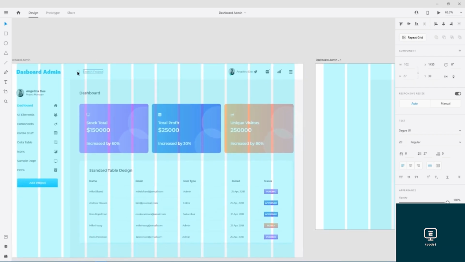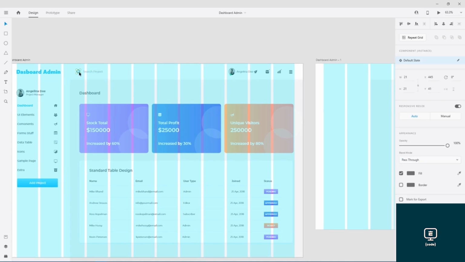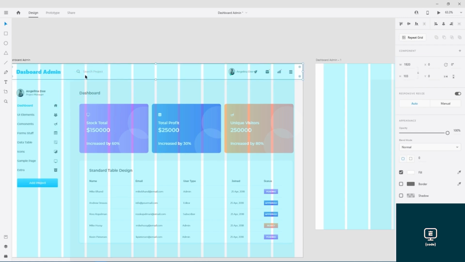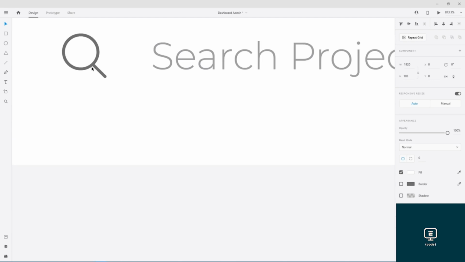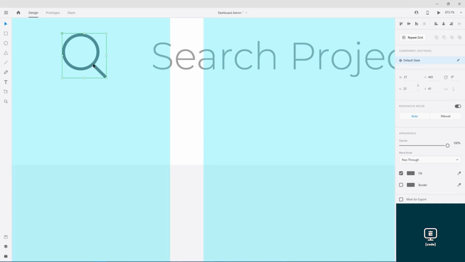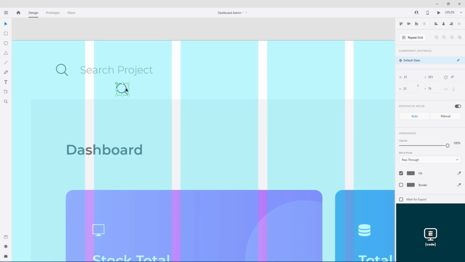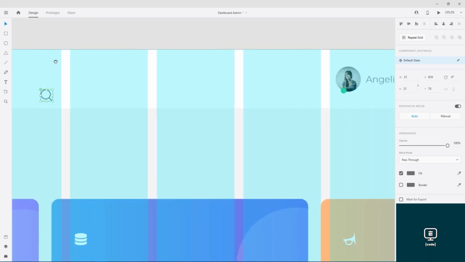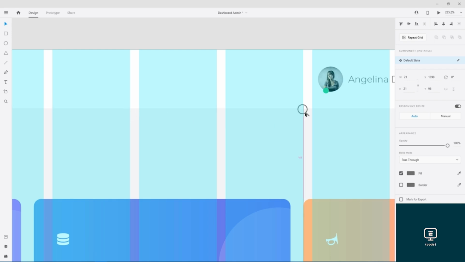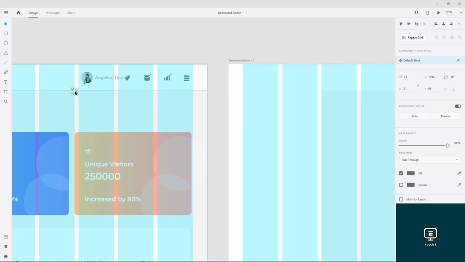Okay, we have a section here called search, and the search icon, I remove the icon from here and I want to use it on my project. Okay, so I use it on my project. Alright, you can see things a lot better now that I have zoomed in on the page, and you need to get used to zooming in whenever you are dealing with the details. It is going to improve the quality of your job